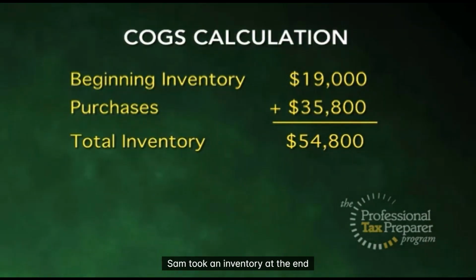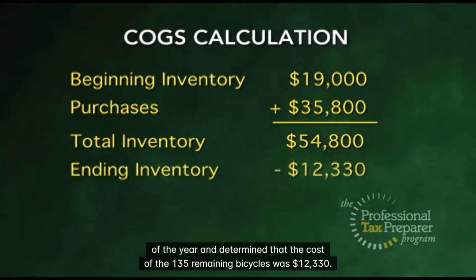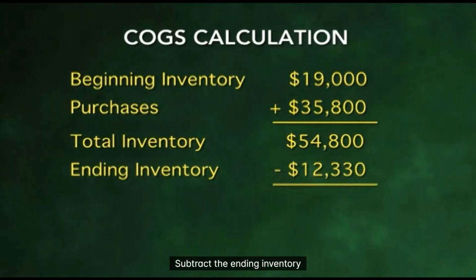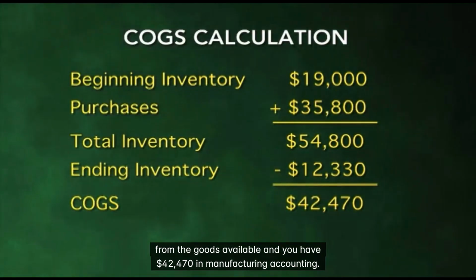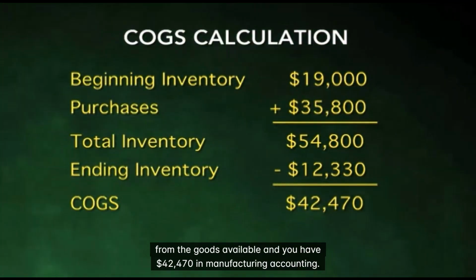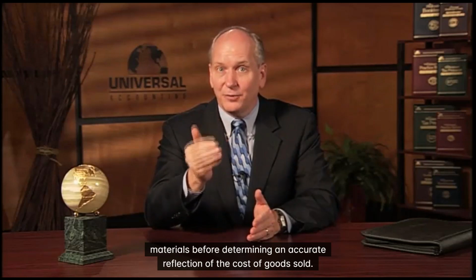Sam took an inventory at the end of the year and determined that the cost of the 135 remaining bicycles was $12,330. Subtract the ending inventory from the goods available, and you have $42,470. In manufacturing accounting, several other costs can be added to raw materials before determining an accurate reflection of the